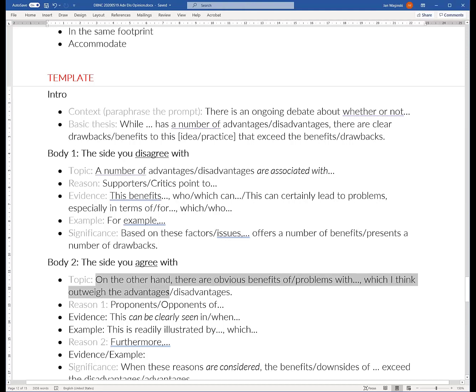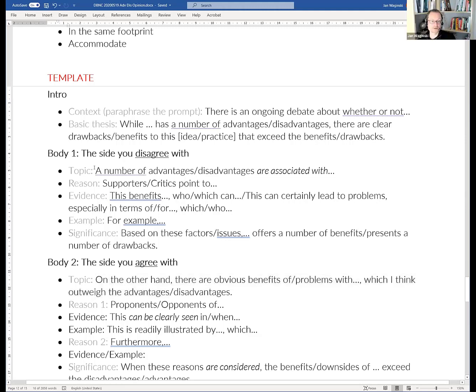I have a question. Yep. So in body paragraph 1, we didn't start with the transition, so the transition only applies for the second paragraph? Well, the transition is "a number of advantages are associated with." That's the whole transition. Okay, but then when you give your second one, you would say, on the other hand, a number of disadvantages are associated with blah, blah, blah.